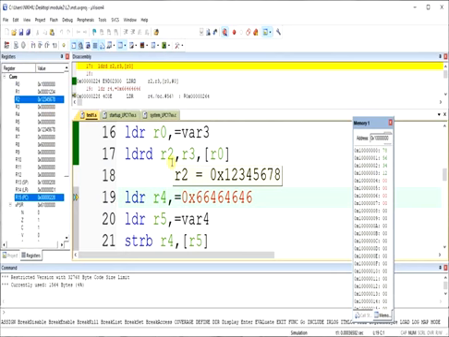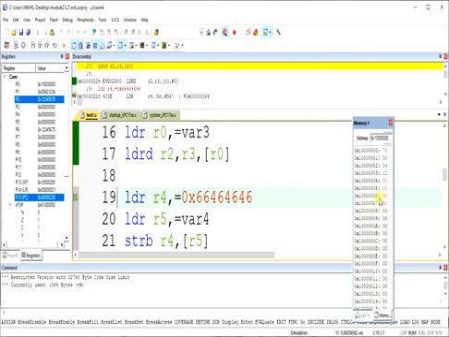R2 is getting the lower half word value, R3 is getting the upper half value. Upper half value is 0, right? Upper half address value we can say. Or if you take it the other way, the actual value is 78563412 followed by 000000 and 00.